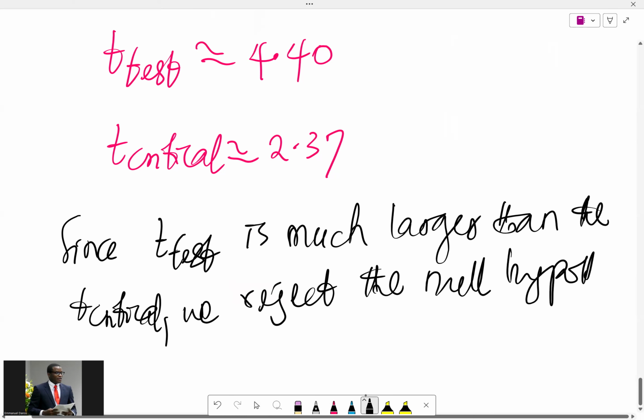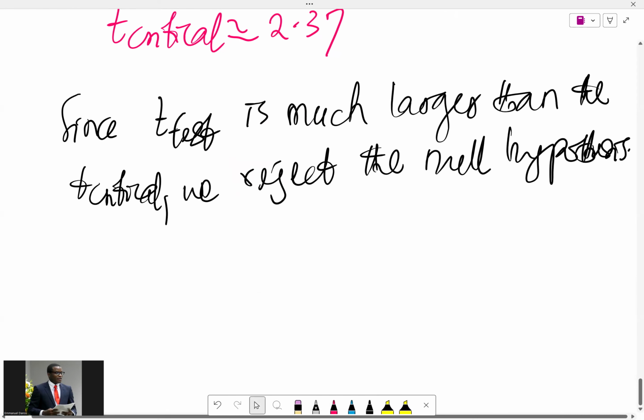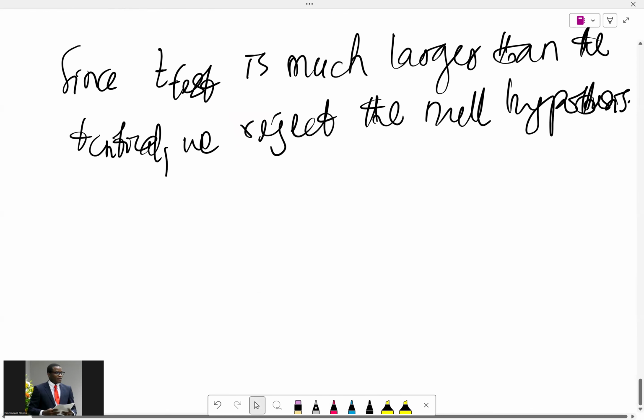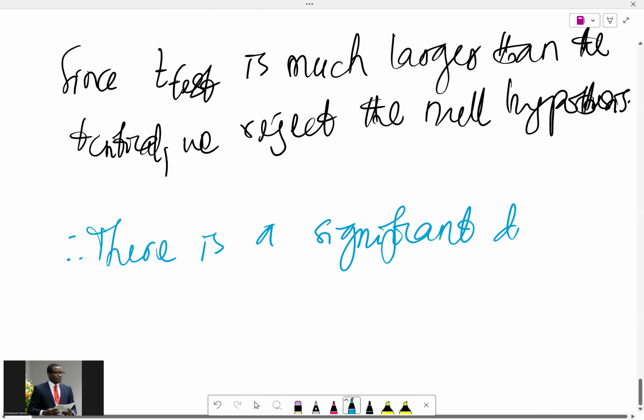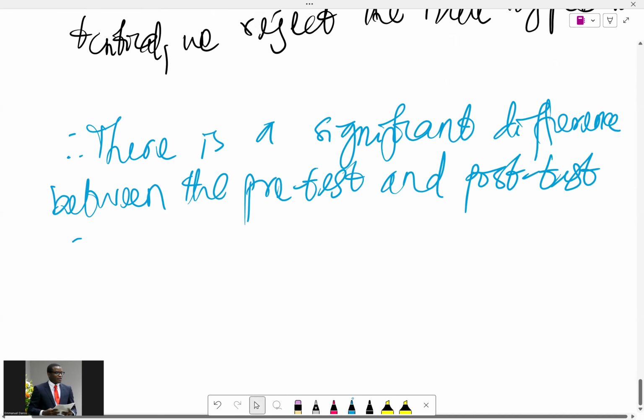The null hypothesis says that there's no significant difference between the performance before the teaching and after the teaching. But now this test is telling us that there's actually a significant difference, because we reject that. So we can now say, therefore, there is a significant difference between the pre-test and post-test scores,